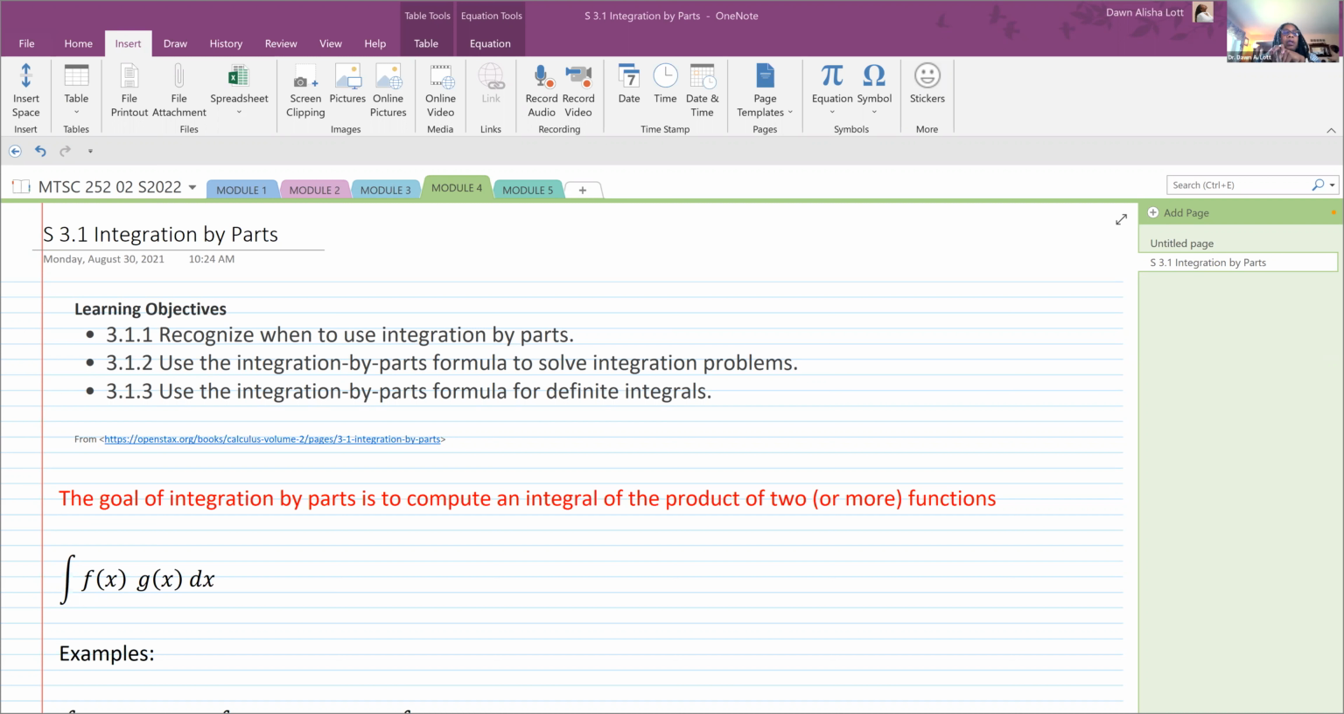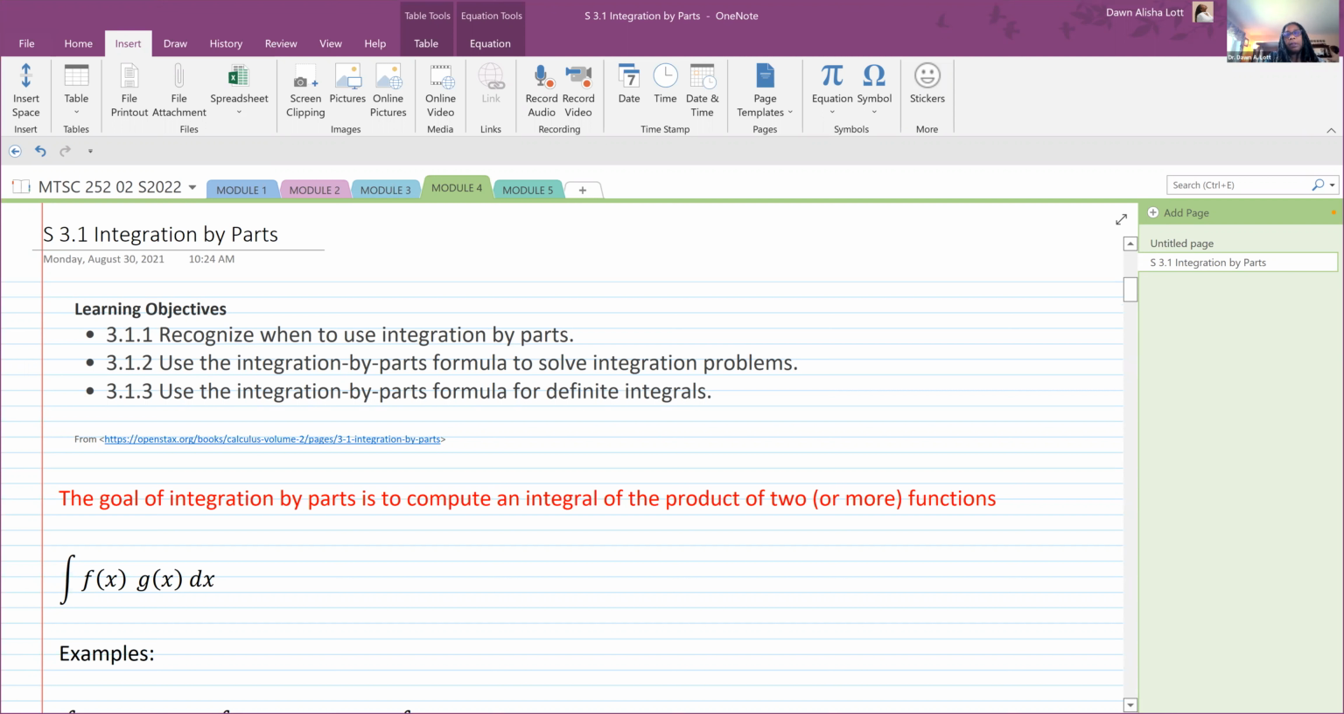So integration by parts, we need to recognize when we can use integration by parts, use the integration by parts formula to solve integration problems, and use the integration by parts formula for definite integrals. So our goal of this section is to compute an integral of the product of two functions. So I have something that looks like f of x times g of x, and I want to compute the integral of that. Some examples of that might be something that looks like,